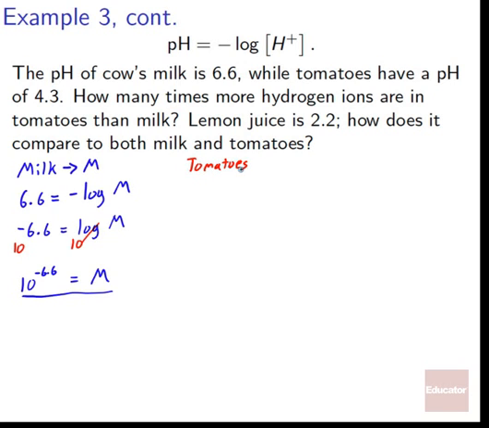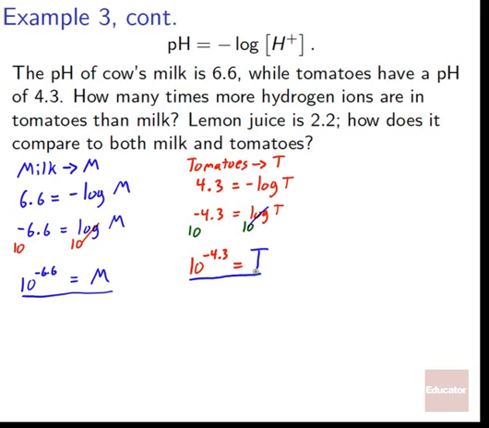Cool. Next, let's do tomatoes. For tomatoes, we'll use a T to denote their hydrogen ion concentration molarity. So we were told 4.3 is equal to negative log of T. Negative 4.3 equals log of T. Once again, we raise them both up with a 10 underneath, so we get 10 to the negative 4.3 is equal to, and remember, since 10 and common log, log base 10, they cancel out, we're left with just T. So 10 to the negative 4.3 is the molarity concentration of ions in tomatoes,